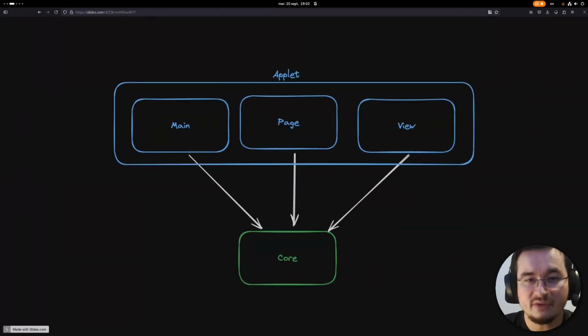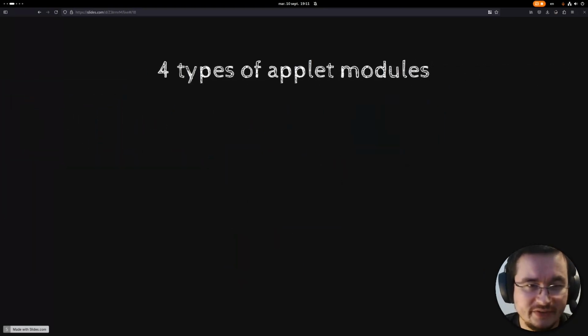Here's an example of an applet, and it can have different kinds of modules, which are here a main module, a page module, and a view module, and they all communicate with the core experience of the DevTools. So if, for example, you're using the Next DevTools, the core here is going to be the UI provided by Next.